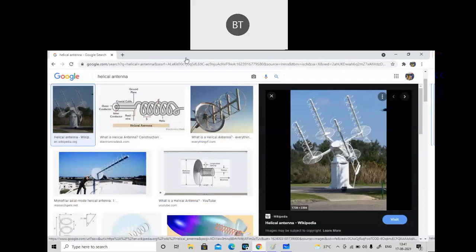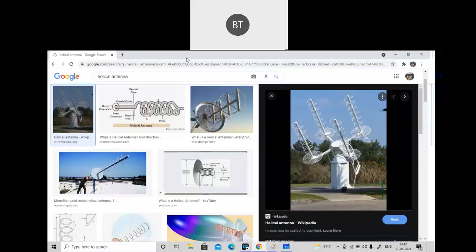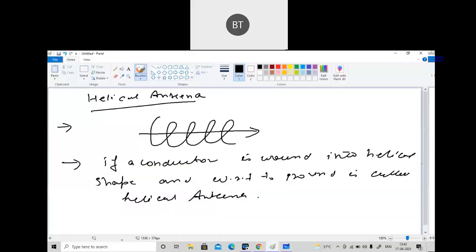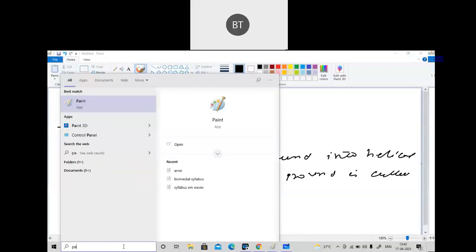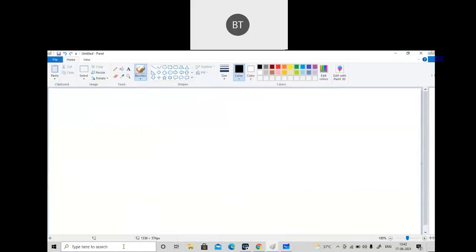So this type of antenna is known as a helical antenna, and if one subject is satellite communication, for that purpose this helical antenna is used. It can transmit the signal from earth to the satellite, so it is used in the earth base station for satellite. So this is how a helical antenna will look like. Now I will show you how to define the structure of this helical antenna. Let me define the structure. So basically this is what it will look like.